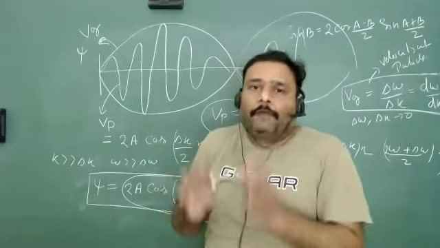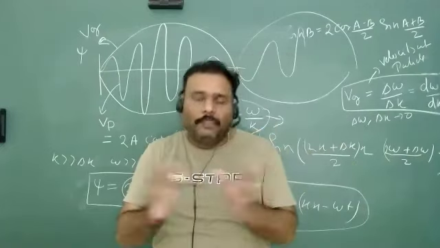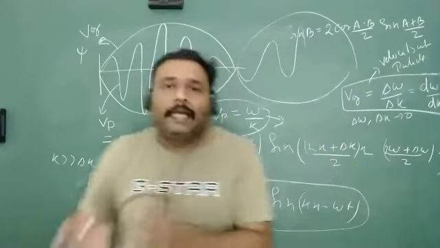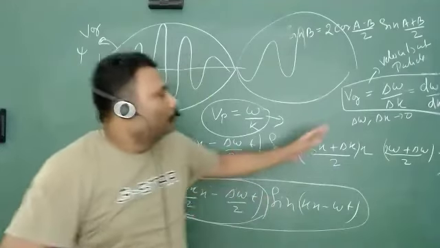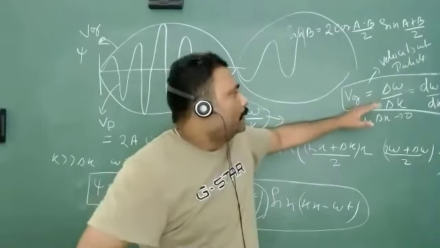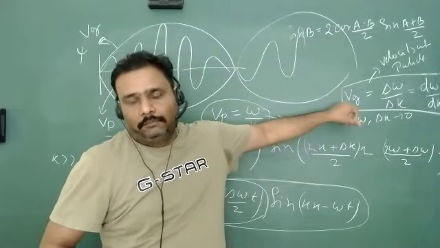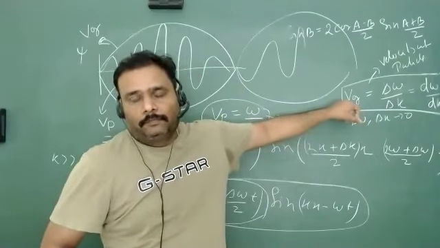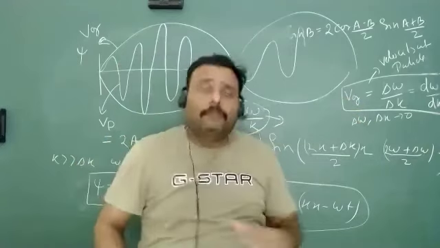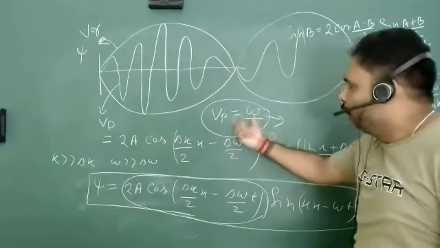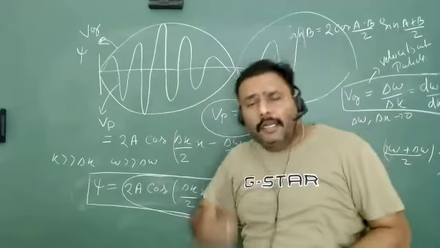So that is overall. We have to see the overall situation. So why have I told you the actual thing is the group velocity? That is what you will find as the classical velocity of a particle. And I have also dared to say that phase velocity does not have any meaning actually.